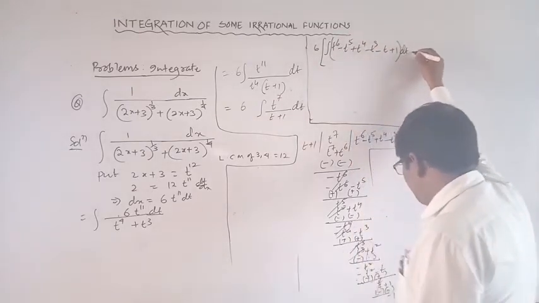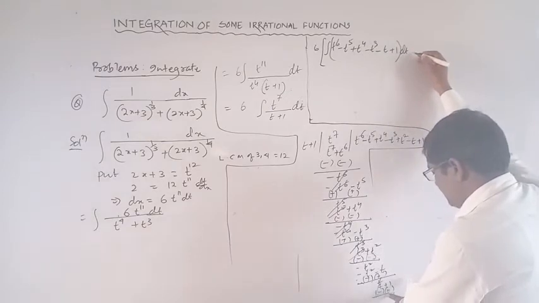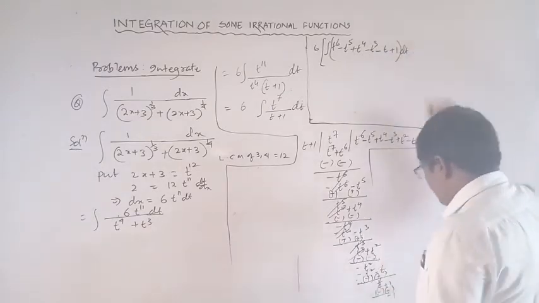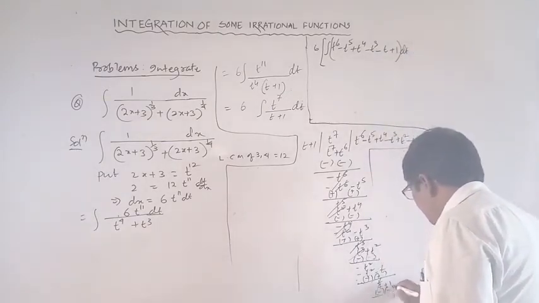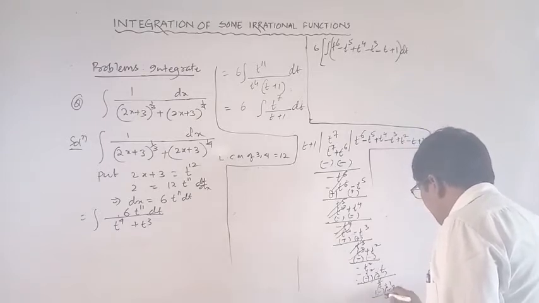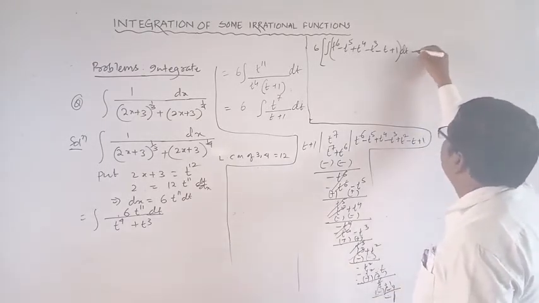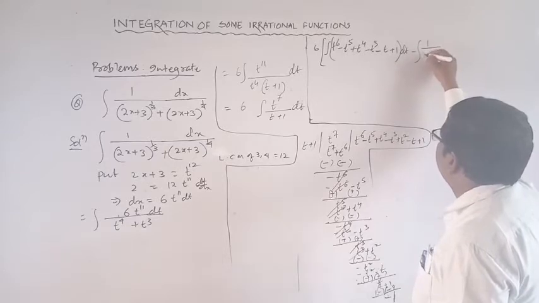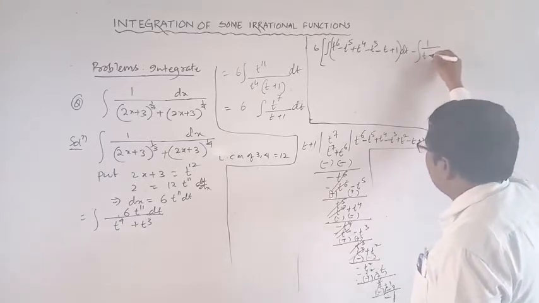Okay, so remainder here is minus 1, correct? Remainder here minus 1. So minus 1 by t plus 1